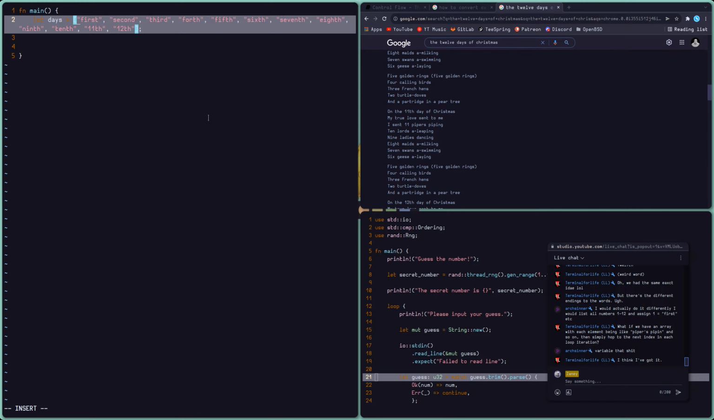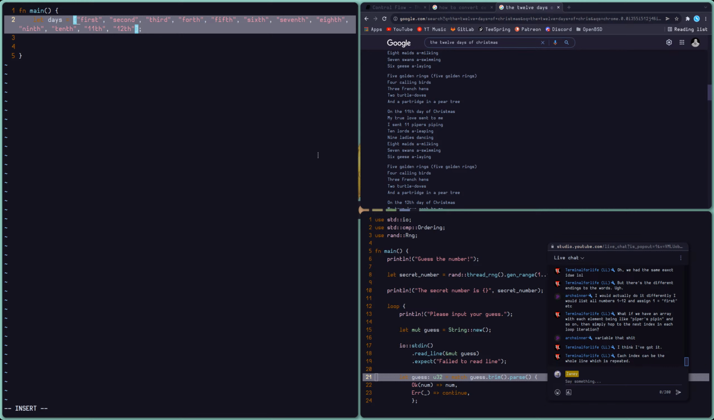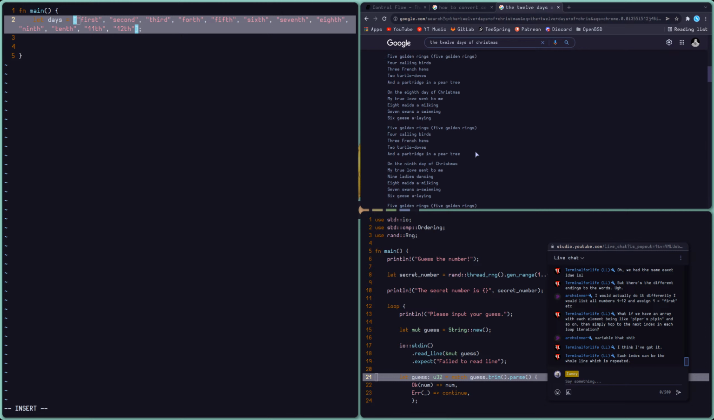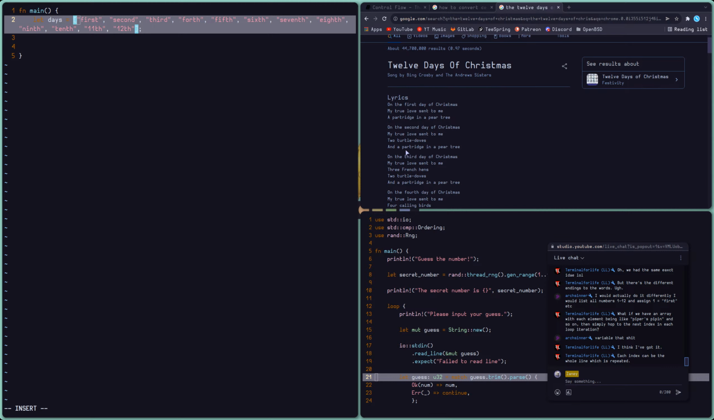What if we have an array with each element being like Piper's Pippin, and simply hop to the next in each loop iteration? I don't know that that's really all that efficient. Each index can be the whole line, which is repeated. Yeah, that's probably